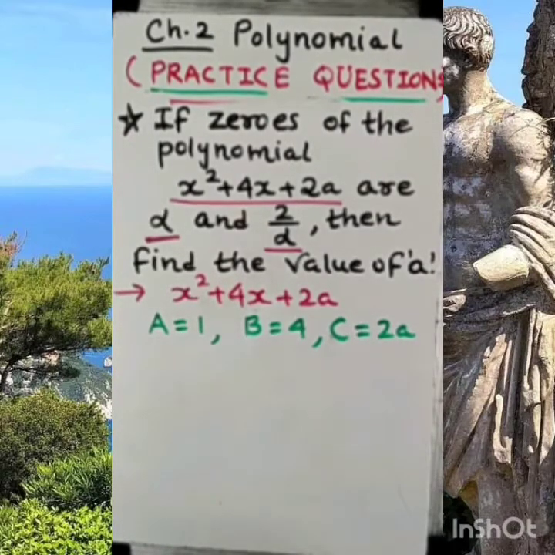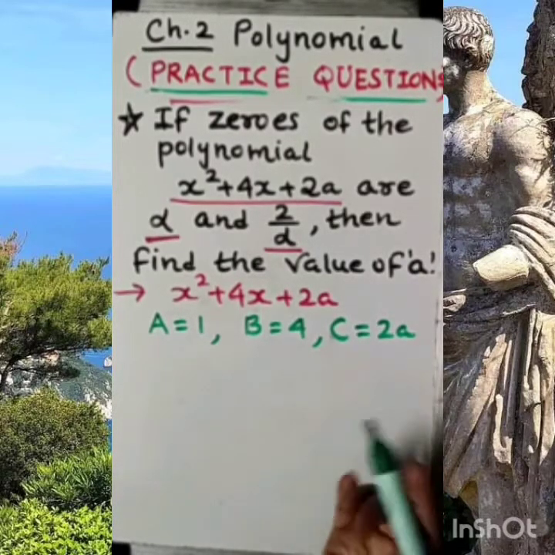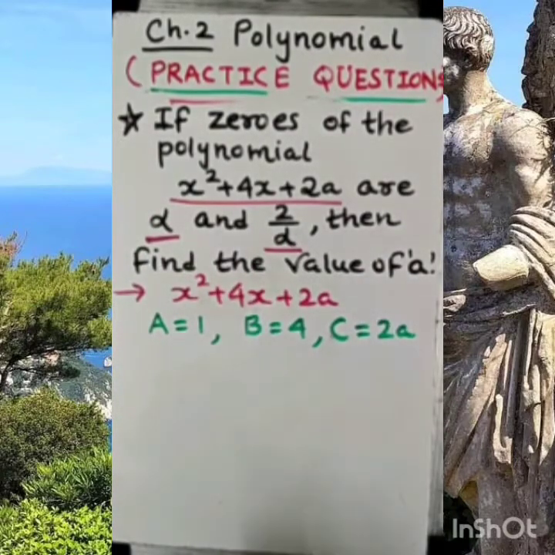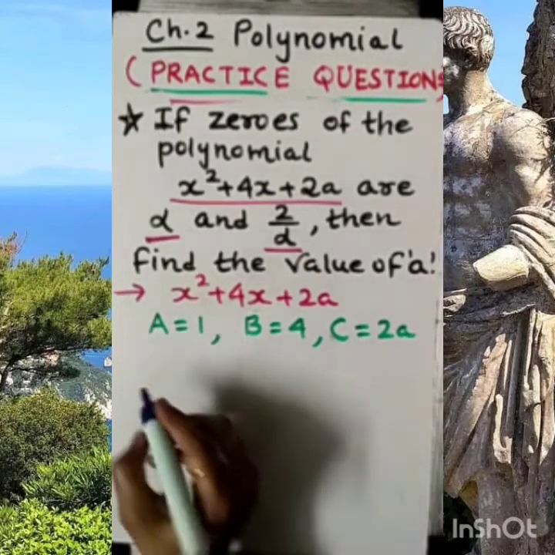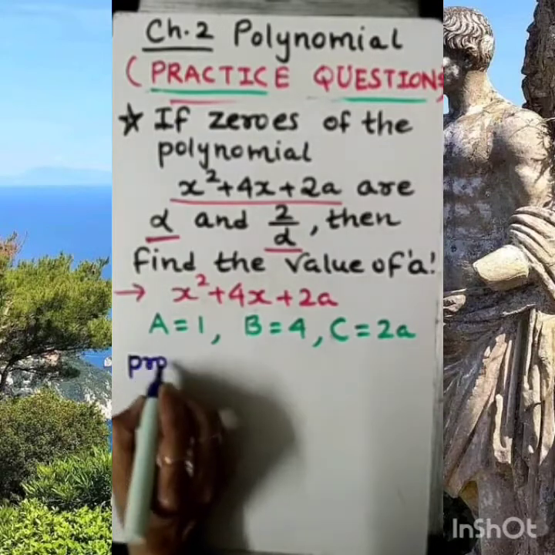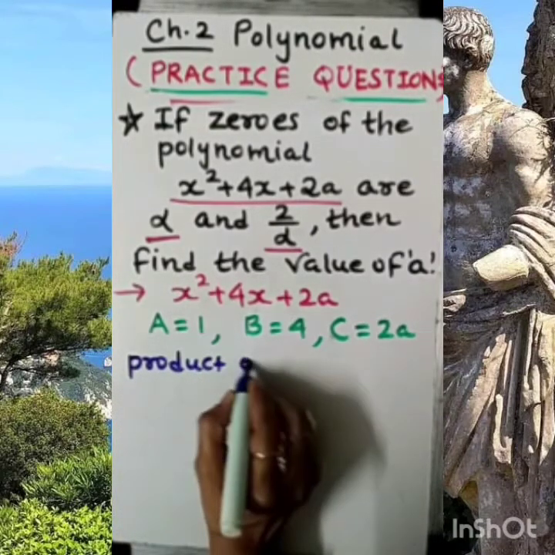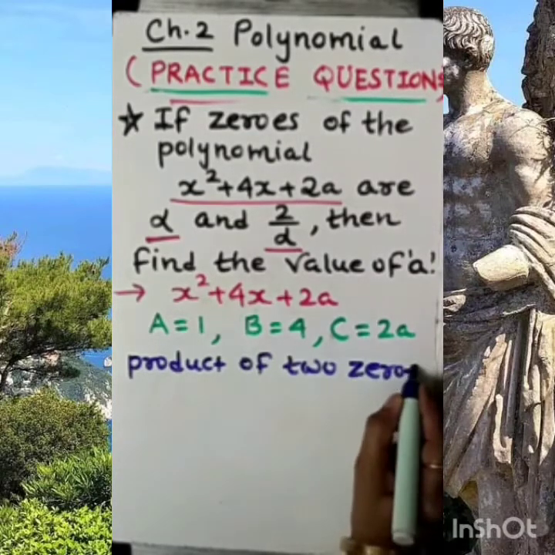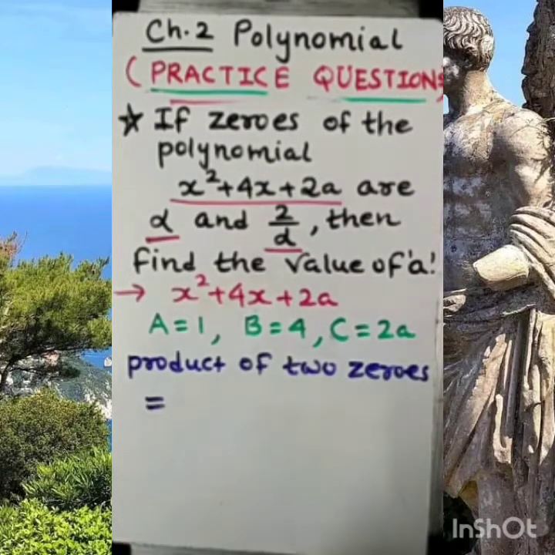So my dear student, generally we define the zeros of the polynomial by alpha and beta, but here alpha has been used already. So what are we going to do? First, simple, according to the given details, we will work out the product of two zeros. Why I have written that, you will come to know easily. The product of two zeros I am talking about first.